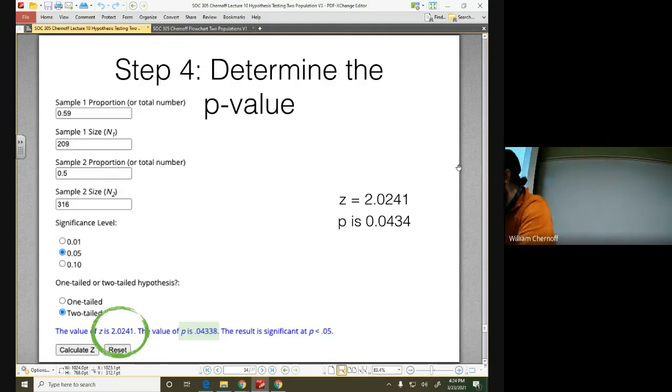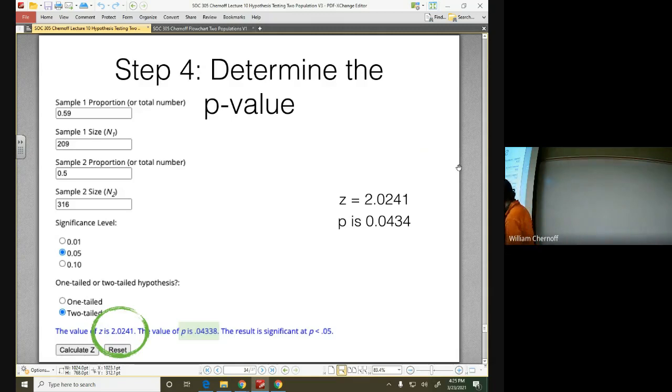Here's the deal, guys. So you set all this up, and press this button that says calculate Z. This website is gonna provide you with some output. Here it's in blue, sometimes it's in red. It's gonna try to tell you the answer to the question. You cannot trust this website. Not always gonna be right. You have to be really cautious. So you're gonna get some verbiage here. It'll sound like the answer, but it may not be the answer. You're gonna need to get some information from it. You're gonna need to use a flow chart, and then you're gonna use that information to find the real answer. So don't trust this website.